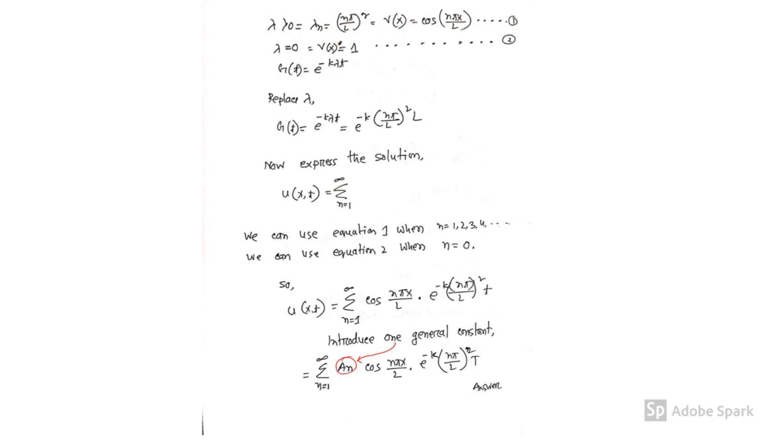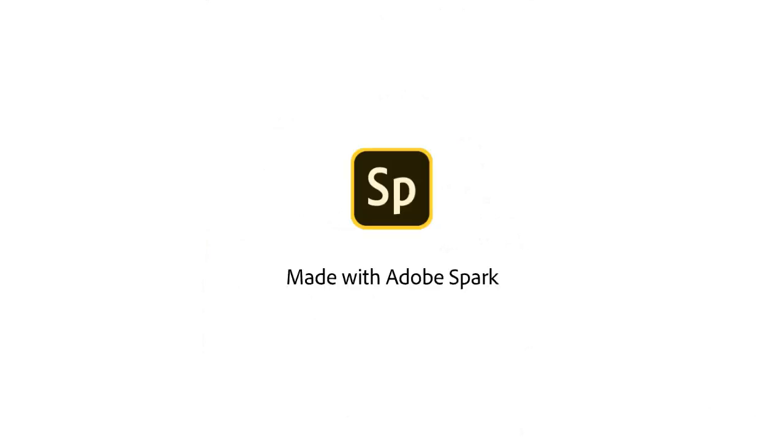Okay, there are two equations, so we can use equation 1 when n equals 1, 2, 3, 4, 5, 6, up to infinity, and we can use equation 2 when n equals 0. So we can introduce one general constant. Okay, so before we introduce one general constant, we can see cos (n pi x by L) times e power minus k (n pi divided by L) squared t. So if we introduce one general constant,